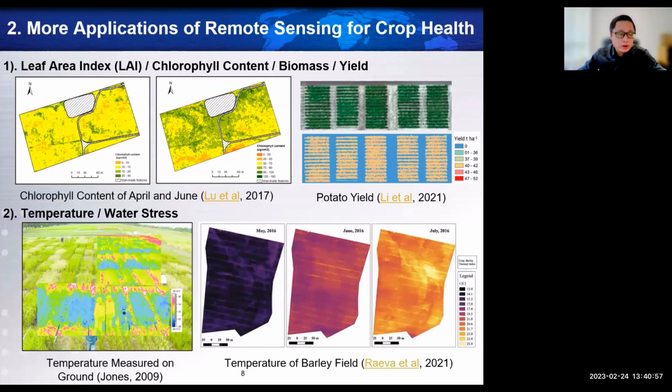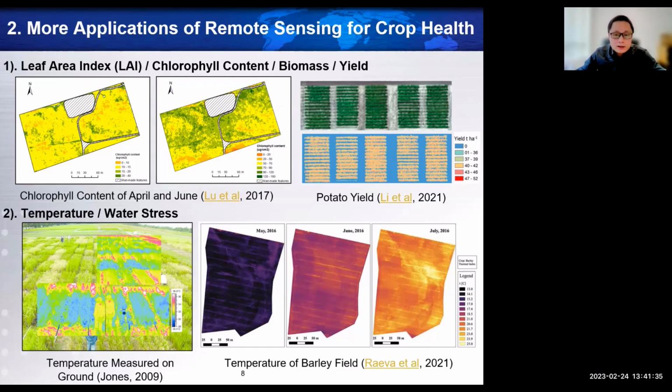Another application is temperature, the water stress of the crops. If we take one temperature image on the ground and show it here, some crop areas have higher temperature, some areas have lower temperature. If the crops have water stress or maybe disease stress or some other disturbance, their temperature can change, maybe a little bit, sometimes pretty significantly, such as a higher temperature with water stress. If we can perform that on the ground, with a similar idea we can upscale to the landscape or farm